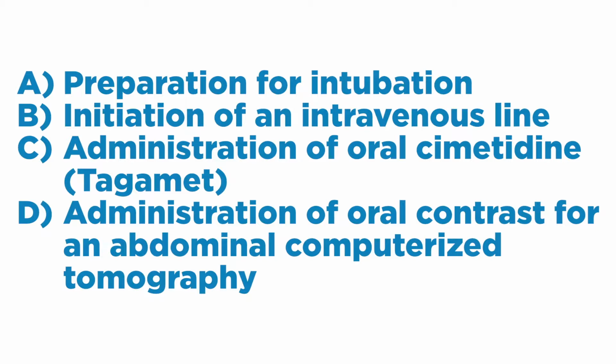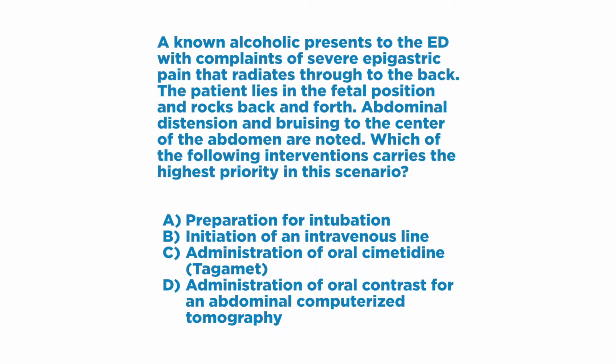Let's look at the 4 choices here. Preparation for intubation, initiation of an IV line, administration of oral cimetidine or Tagamet, or administration of oral contrast for abdominal computerized tomography. So if you look at it, I suppose potentially at least 2 of those could be correct. I would say that an IV line would be correct because the patient has bruising in the center of the abdomen, which tells you what? They're bleeding. They have a hemorrhagic pancreatitis,